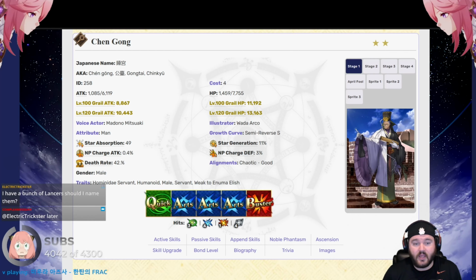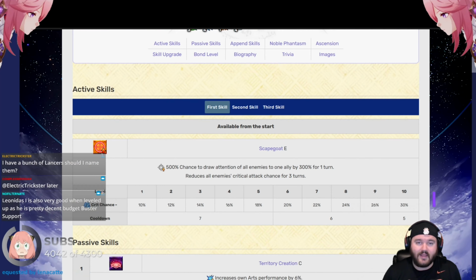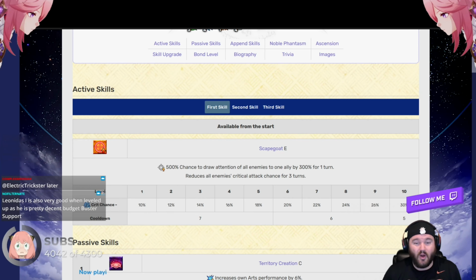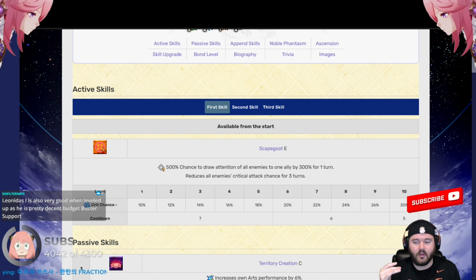Another one, Chen Gong, again, first skill is a taunt. His is unique because it's a targetable taunt, so there are some instances where people will take him for solo comps, and he will use that taunt on the DPS if there's going to be AoE attacks or an instant NP to start the battle type of thing, so that the enemy will continue to attack